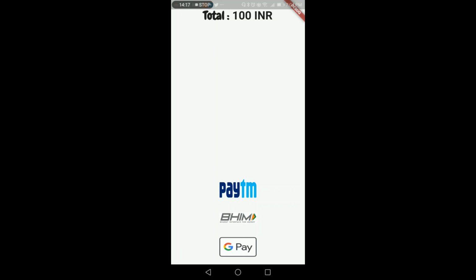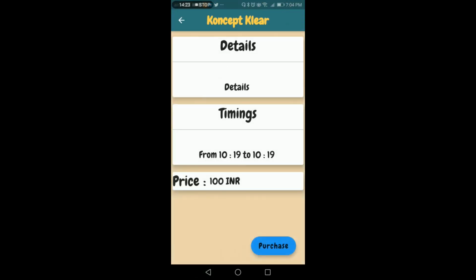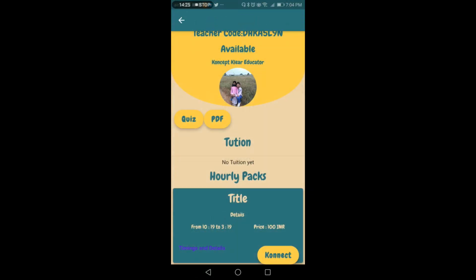So when they click Paytm, it will redirect to Paytm, and then they will make the payment. Okay, when they make the payment, all the money will come to Concept Clear account, and then we will do the settlement to the teachers, on a weekly basis or monthly basis. So initially it will be monthly basis, but going forward we are going to make it weekly.